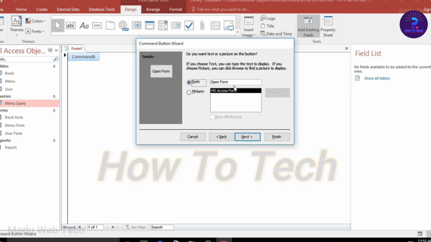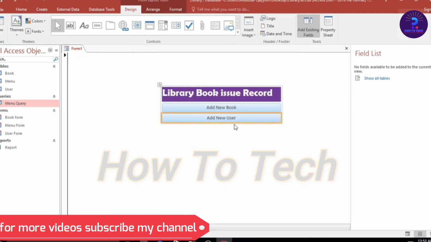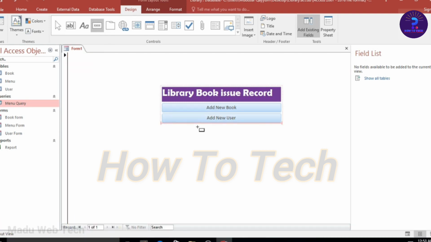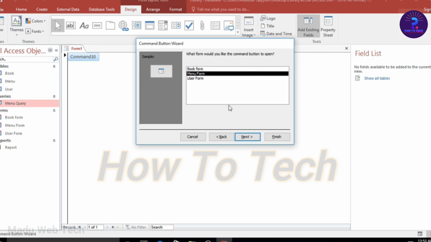Click on text and here you write add new user, and here take one more button, go to form operation, open form and select menu form,